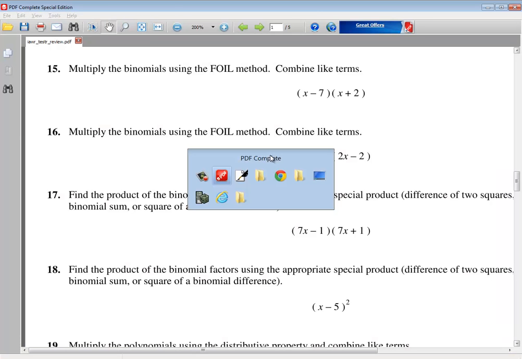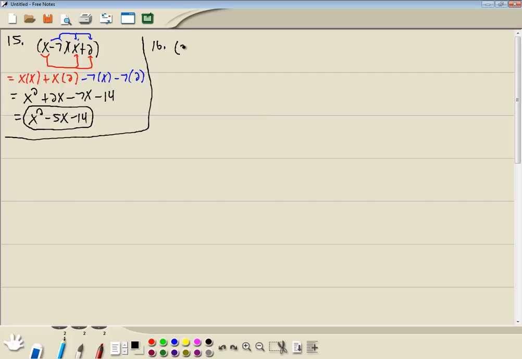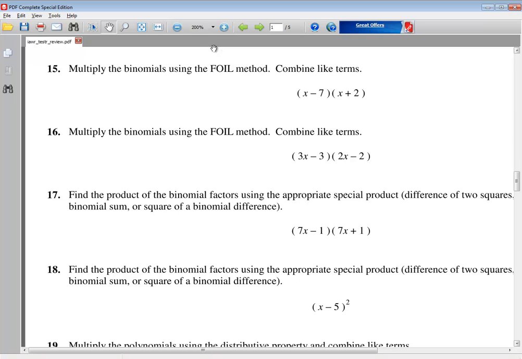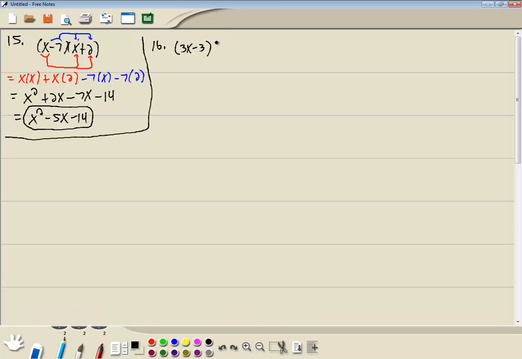Okay, 3x minus 3 times 2x minus 2. Same instructions. So I'm going to take my first term, the 3x, and multiply it times every term over here. So I'm going to have